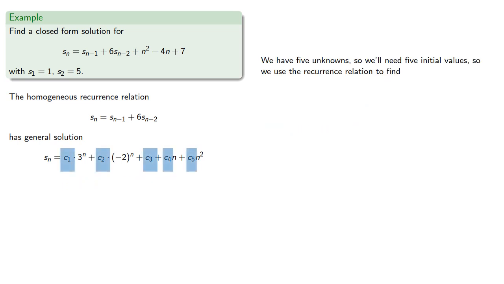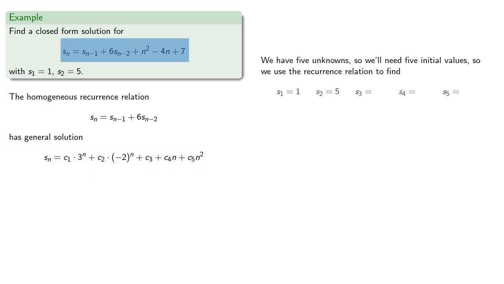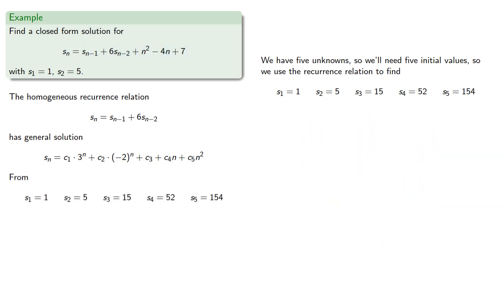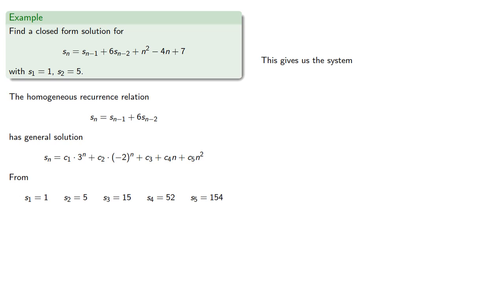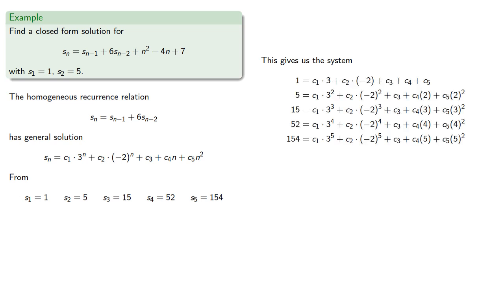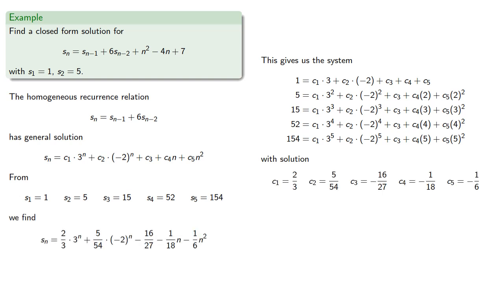We have 5 unknowns, so we'll need 5 initial values, so we'll use the recurrence relation itself to find. We have initial conditions, and so this gives us a system of equations, which we solve and find. And so our solution is going to be